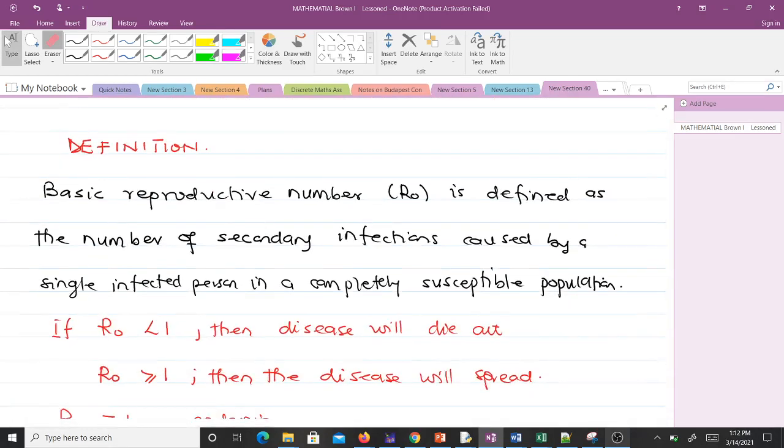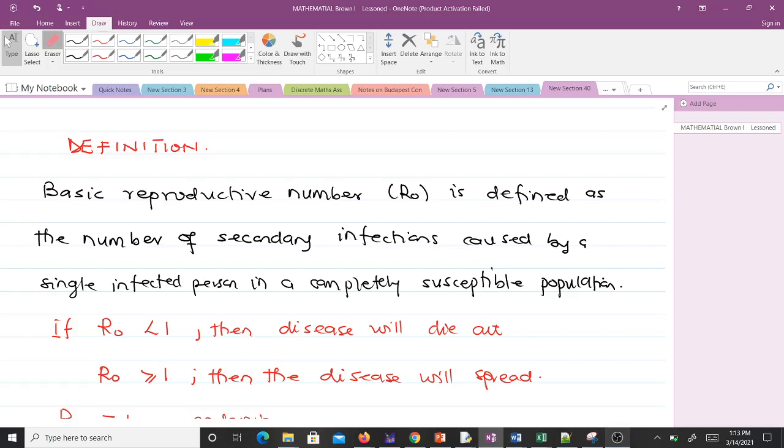So what is the basic reproductive number R naught? The basic reproductive number R naught is defined as the number of secondary infections caused by a single infected person in a completely susceptible population. So if our R naught is less than 1, what it means is that the disease will be dying out. Okay, so the R naught definition, what it means is that, for instance,